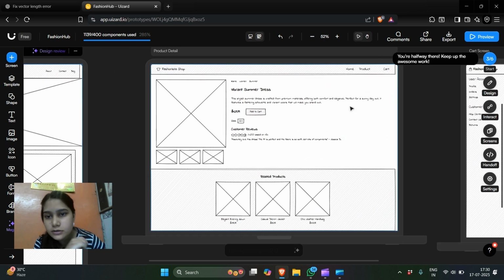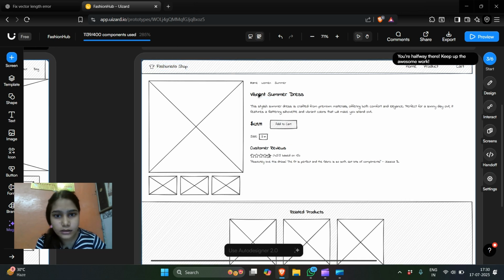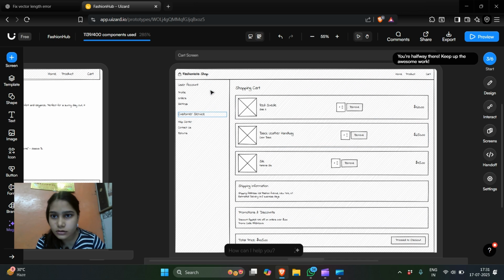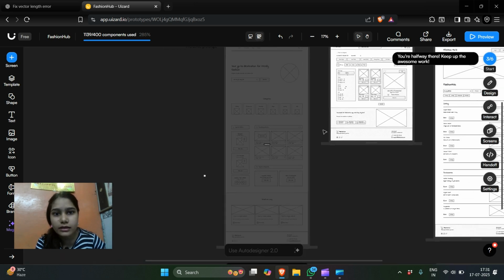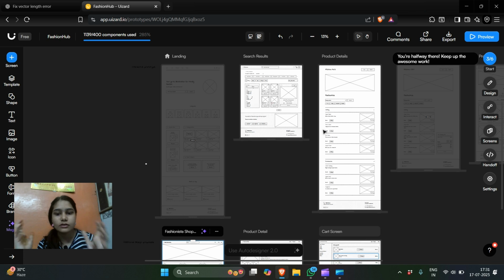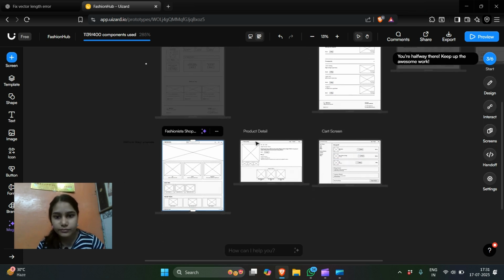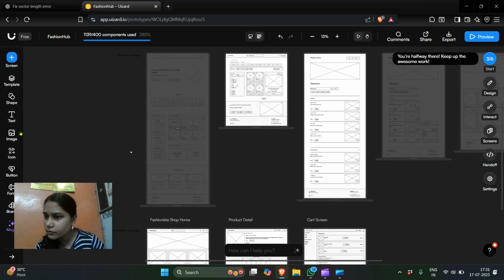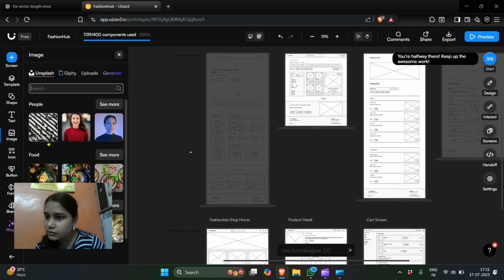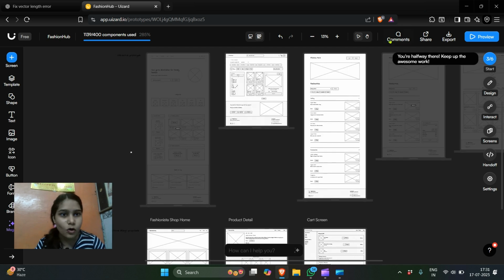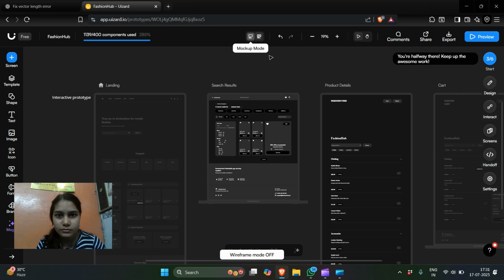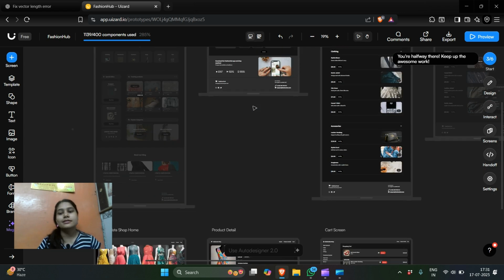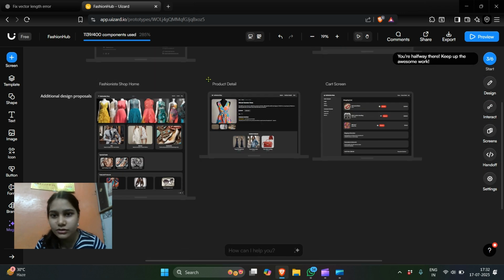Like Fashion shop is the logo. Okay, shopping cart info, user account is here. I thought it generates a proper UI with images, the high fidelity UI we make. But it generates only wireframe. Is this used only for wireframe or what? Images are there, you can put images. Some option will be there for the... What is this? Okay, it's for the zoom. And what is this? Mockup mode. Oh, it's here. See, I told you that.